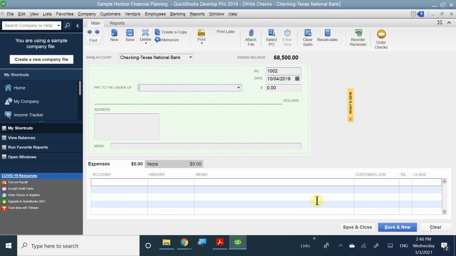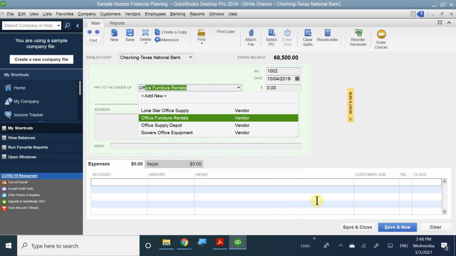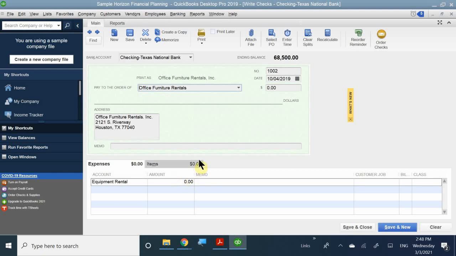So this is going to be Office Furniture Rentals. I picked that one the first time around. Now, of course, the first thing it says is equipment rental, so it already filled the account number in for you. And the amount for this is going to be $445. And then again, in your memo, you want to make sure that this is